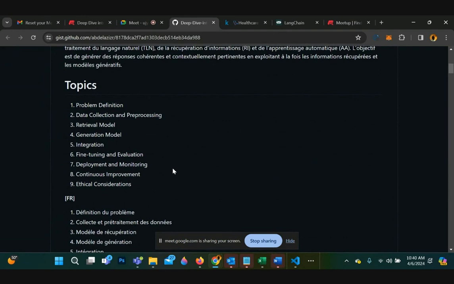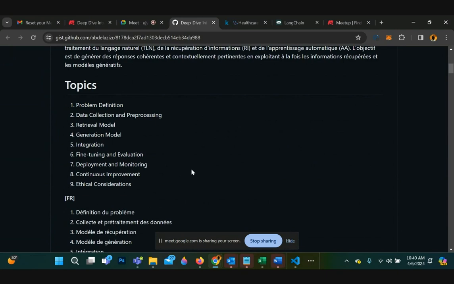So first of all, we're going to look at a fictitious problem statement and how you can use NLP to do data collection and process the data. Then we're going to look at models, the retrieval and generation models, and how they are integrated together.